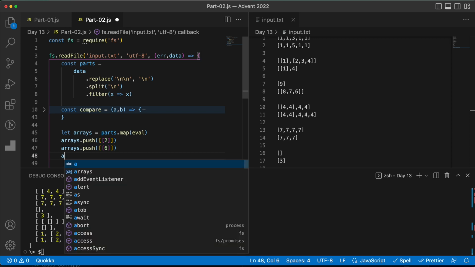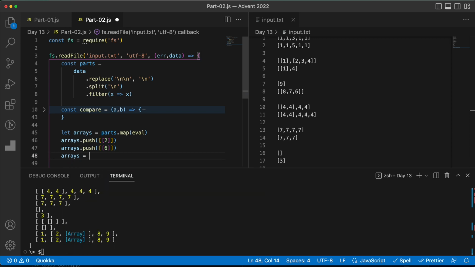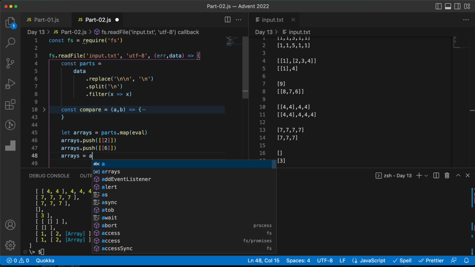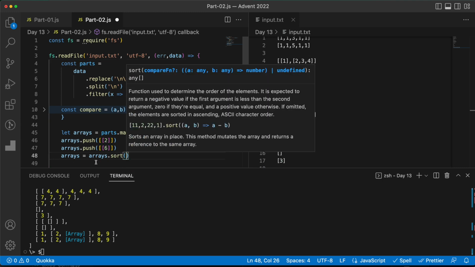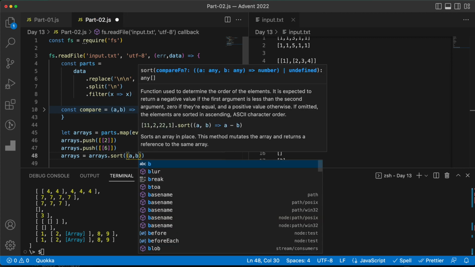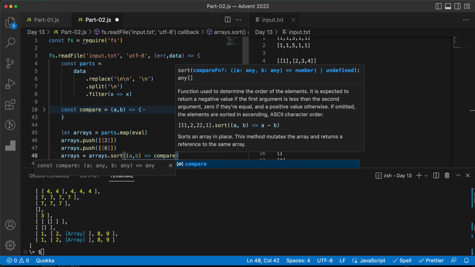And then I need to sort them. The sorting, I think, is going to be the fun part because we need to use this compare function. I would say arrays dot sort, using the sort function of JavaScript for arrays, and I will provide two values and compare them,